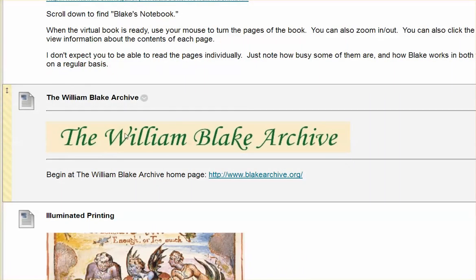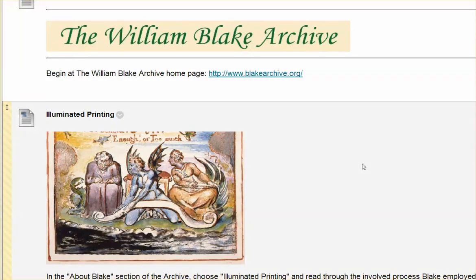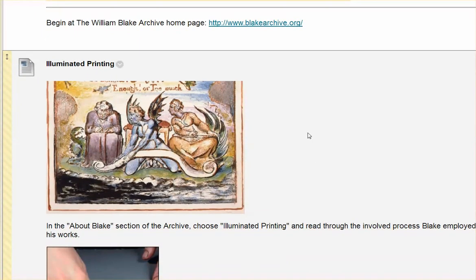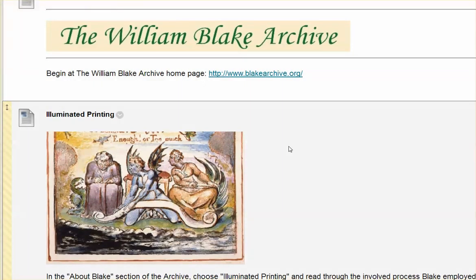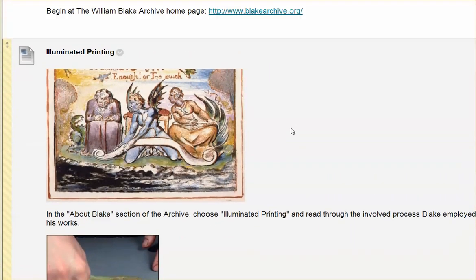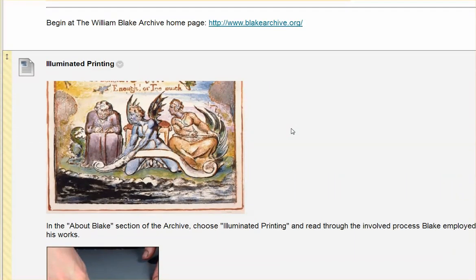We're going to move though into what's called the Blake Archive, which is a collection of almost all of his works that are reproduced in the full visual form. So when you're in there, there's a step-by-step guide for what I'd like you to look at, but you'll see how different the work that he actually produced is from the way that we have it in our textbook.